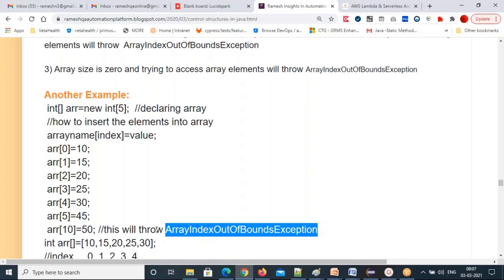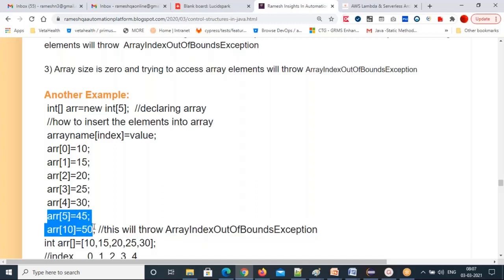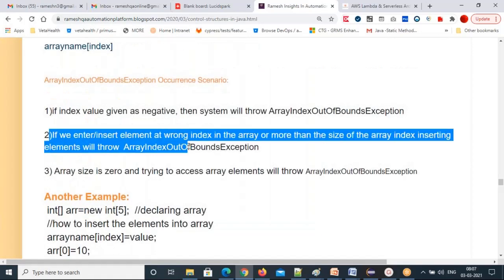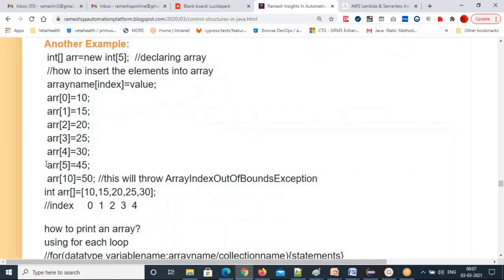If you insert more than the array size, you will get an array index out of bounds exception. That's what I just explained here, the second point I'm covering. I'm inserting more than the array size. Now, at compile time you won't get any problem. Once you execute your code, then you will get an array index out of bounds exception.